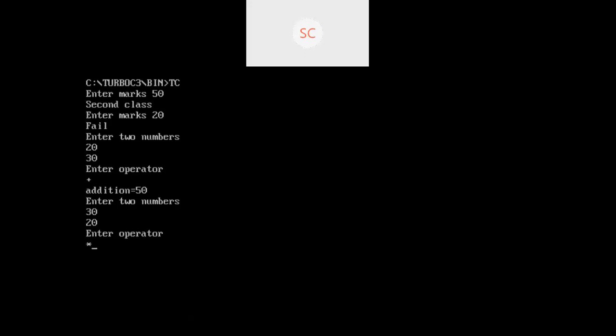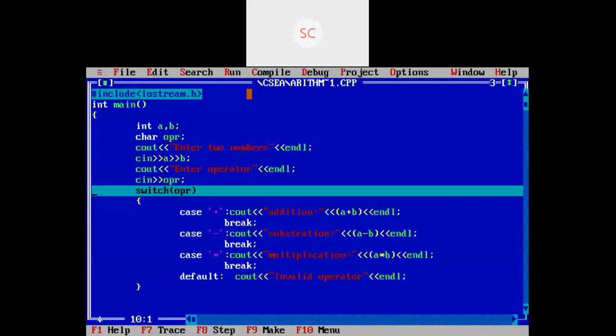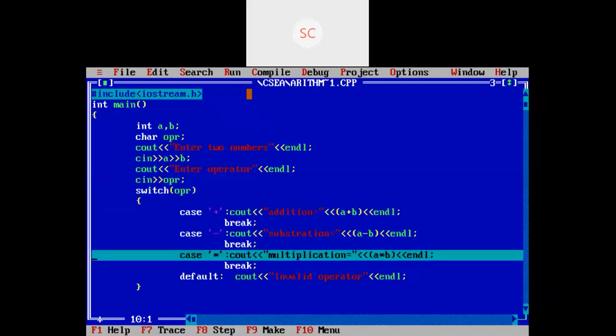Then enter. Then it directly checks the switch expression. Whatever operator you have entered, it will look for that one. See, the cursor is moving directly to that specific case, or is it checking previous cases? Now you can observe the if else ladder and this one.